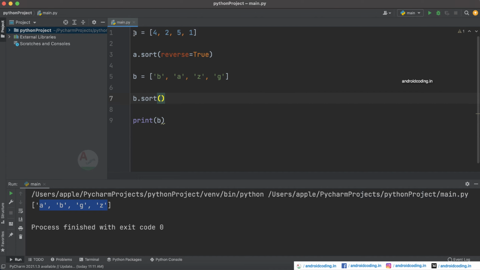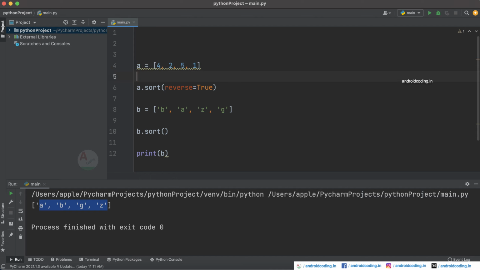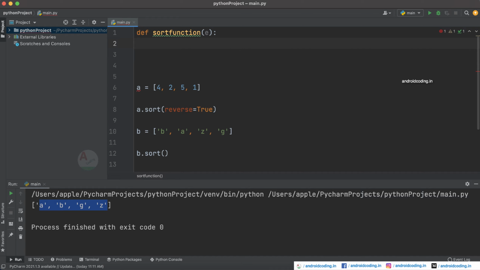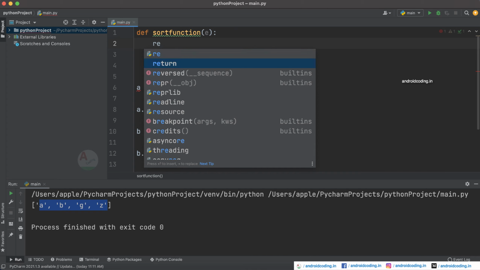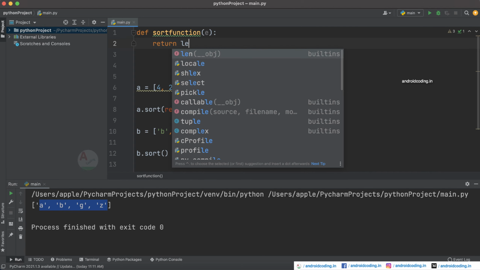So now let's try to define a function here. Let's consider the name of the function to be sort function. You can provide your own name here. I have provided sort function, and inside which let us try to return length.